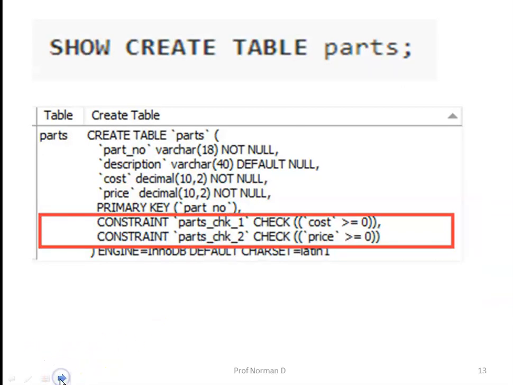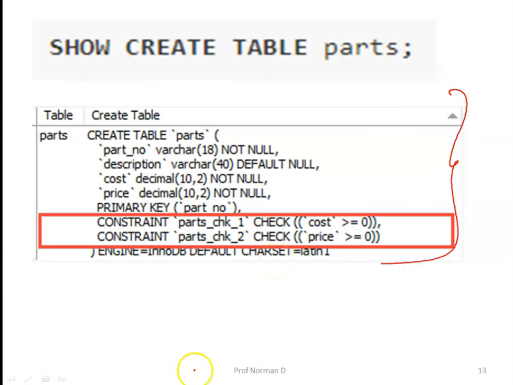Now before we make an insertion, we will execute the SHOW CREATE TABLE query that will give you the structure of this table. When we execute this particular query, SHOW CREATE TABLE parts, it shows you the entire query that created this table.